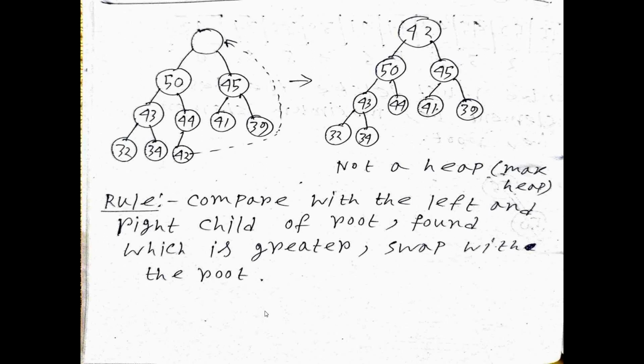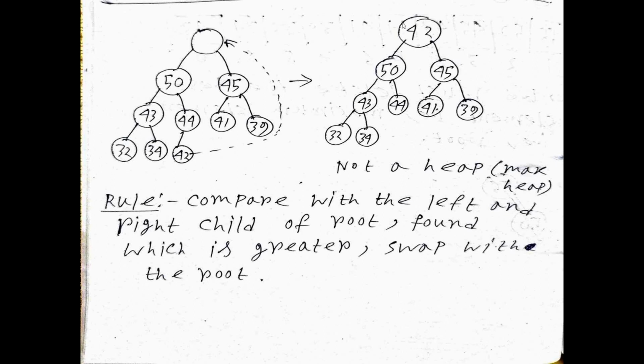So what is the procedure now? We must adjust. We do the adjustment. This is not a big deal. Now the adjustment direction is downward. Keep in mind, in insertion we do our adjustment from the leaf node to the root, but in deletion we do our adjustment from the root to the leaf node, that is, downward.